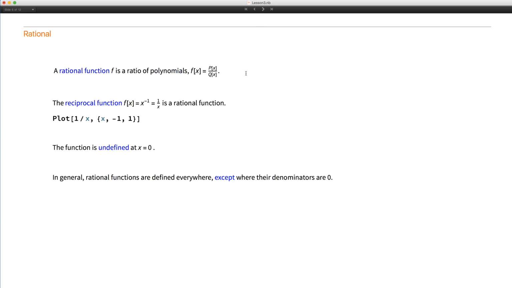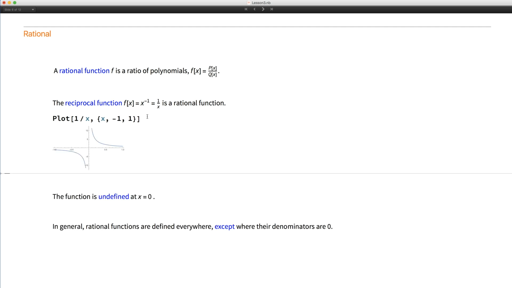Okay, to go a step further, we can talk about rational functions. A rational function is simply a quotient of two polynomials. It's a ratio of two polynomials. If you divide a polynomial by another, you get a rational function. Perhaps the simplest kind of rational function is the reciprocal function, 1 over x. If you plot it, you see the plot has two pieces, and that's because there is a problem at x equal to 0, where the function is not defined. So you have a piece on the right and a piece on the left, and together